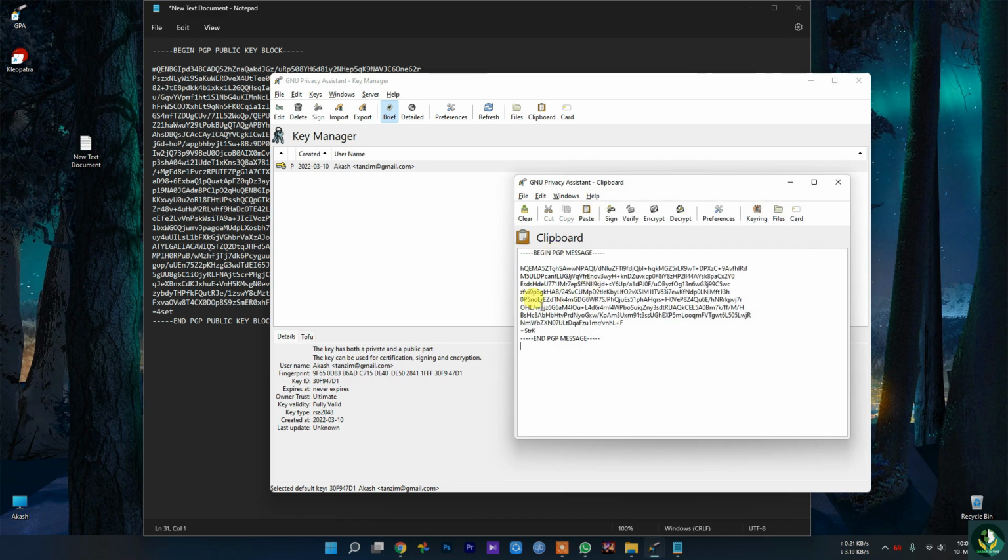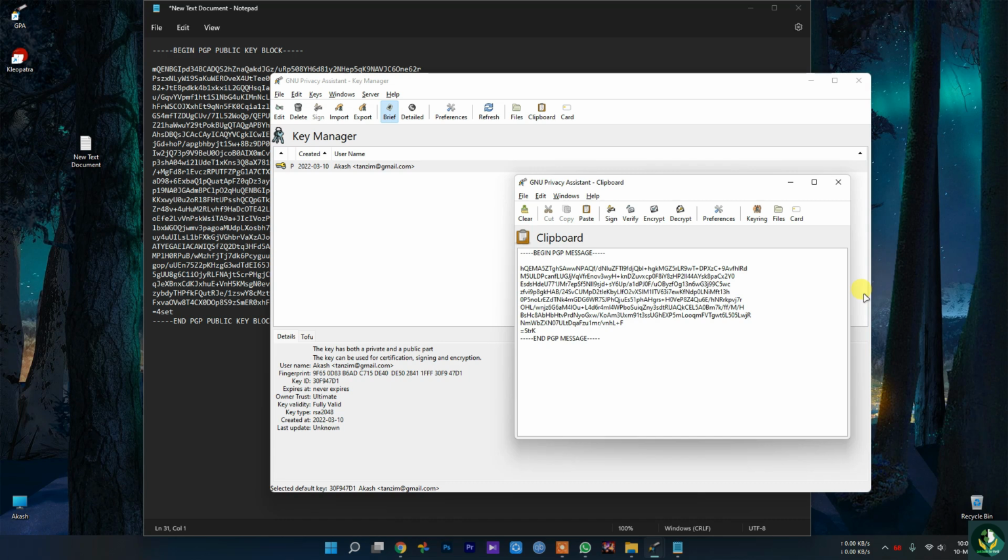As you can see, once they encrypted it using your public key, they are going to get this PGP message. So this is the basic encrypted PGP message, and they will send you this message.